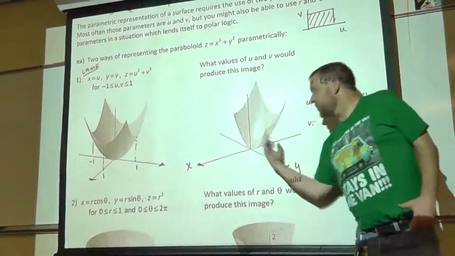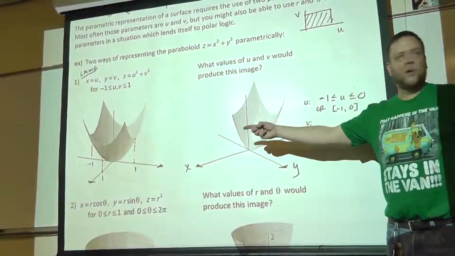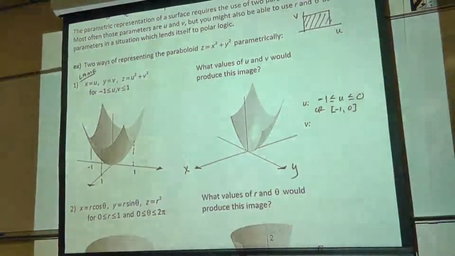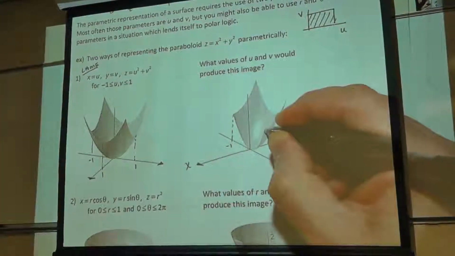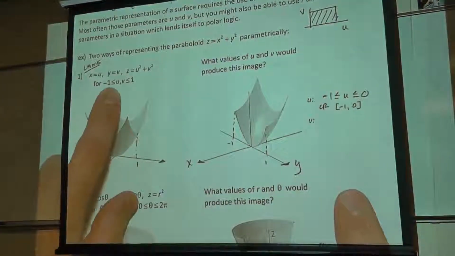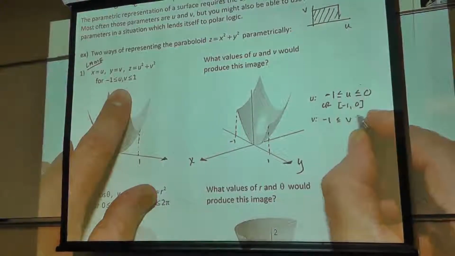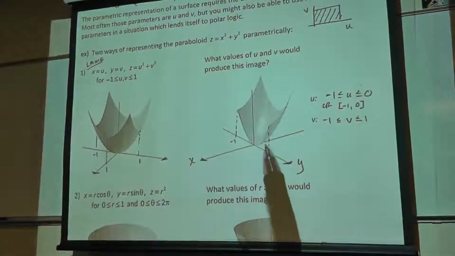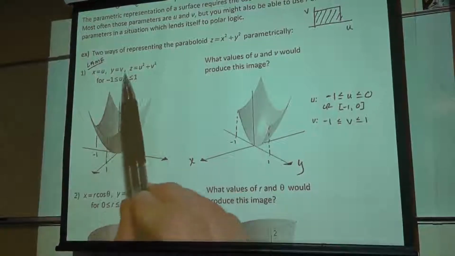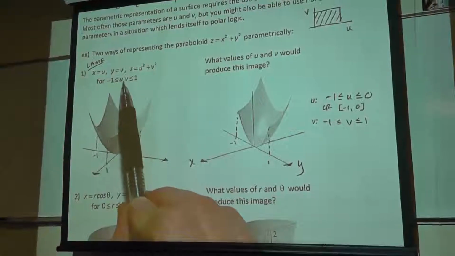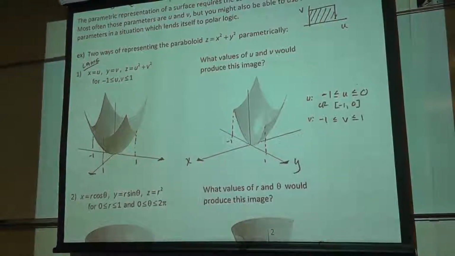And then what y values are used to produce this part of the image? -1 to 1. They didn't change. They're still -1 to 1 from that cut. Because this is still going from -1 on y to +1 on y, y's values didn't change, so therefore v's values are still going to be -1 to 1. But the only thing that was cut was the positive x-axis half is gone. You only have the negative x-axis half. So since u equals x, you would want to restrict u to go from -1 to 0 to isolate just those negative x values on the graph of the paraboloid.